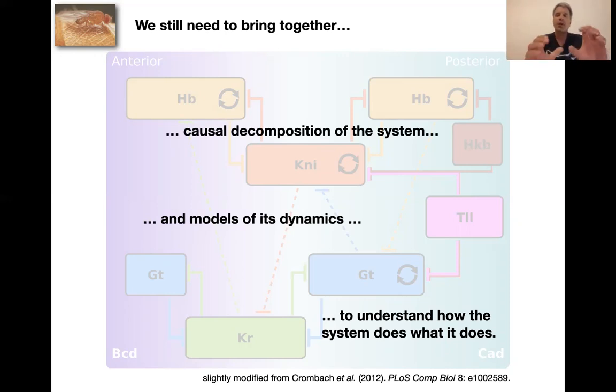So we will look in the next two lectures at a detailed model of the entire gap gene system, a complex system, and we will examine, using that example, how you bring together the dynamical systems model and an idea of causal specificity and the flow of causality in a complex system, and how we can represent that and what we learn from that. For now,